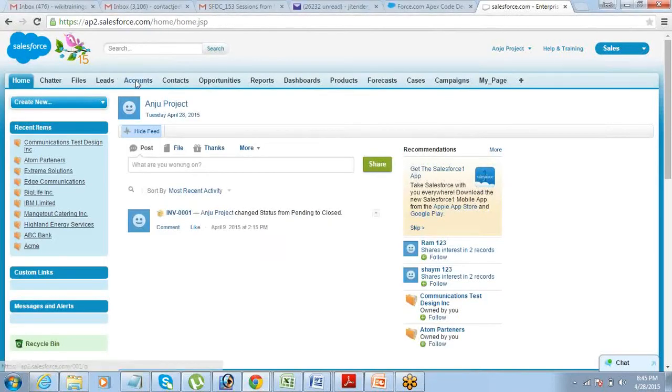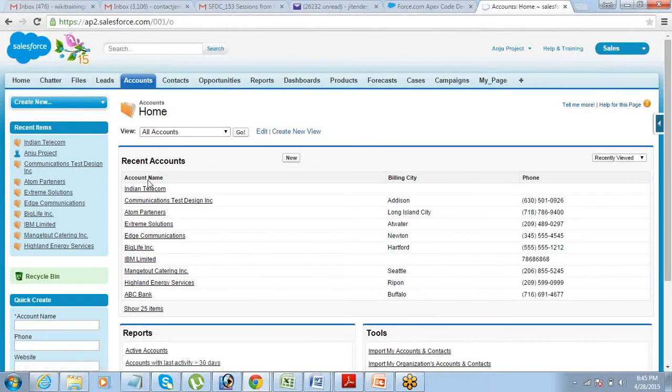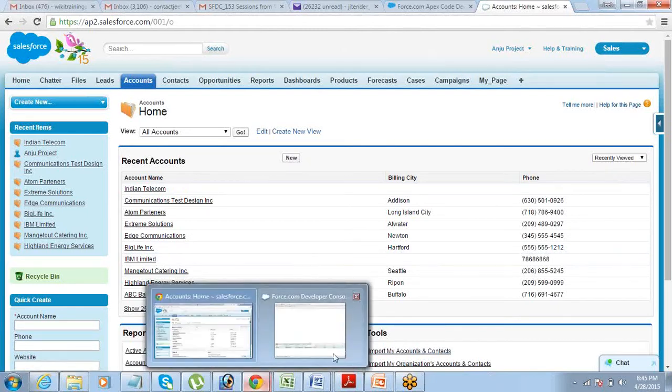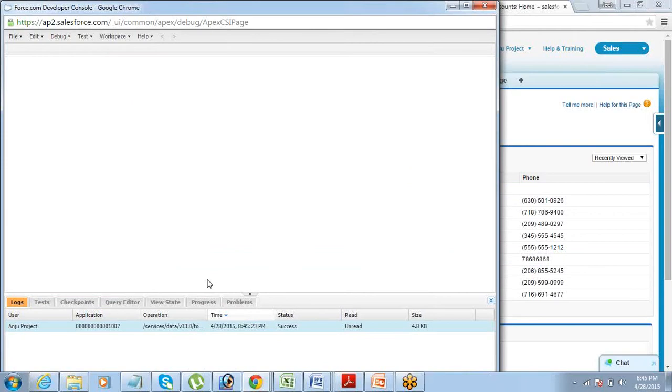If you come and see here, the record got created as well. So something like this, if you have to use small three-four lines of code, you just want to quickly execute it, it can be done. You can also use developer console for writing queries here.